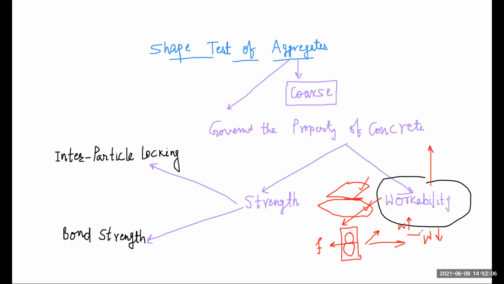So basically these are properties which I think were already discussed in your three to four lab classes, like crushing strength of aggregate, impact test of aggregate, Los Angeles, that means hardness test of aggregate, and in the last lab class I discussed the shape test. So basically the property of aggregate like shape. I already discussed shape of aggregate will be identified in four forms. One is rounded, another is angular. I drew these shapes in the last class.